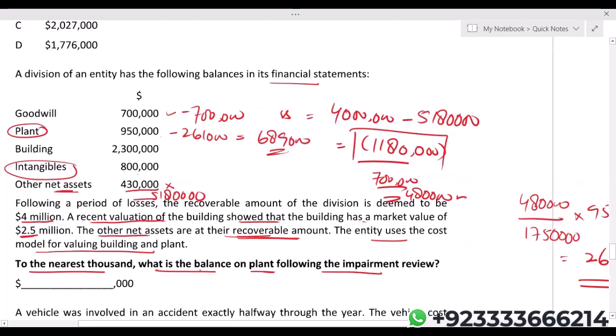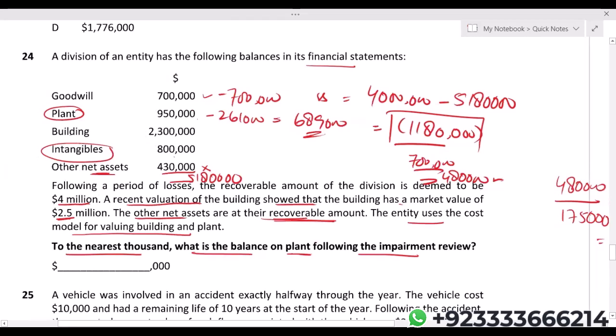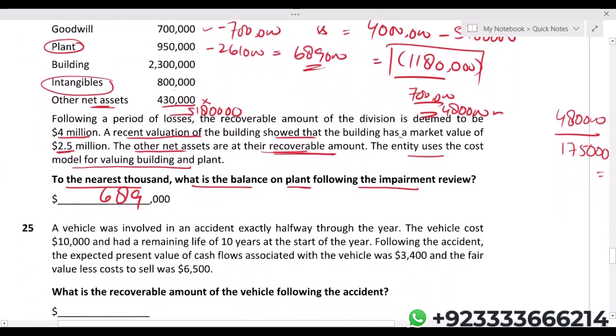So to the nearest thousand, what is the balance of the plant following the impairment review? After the impairment review, that is 6 lakh 89. So I'm just writing 689 because 3 zeros are already there. Okay, now